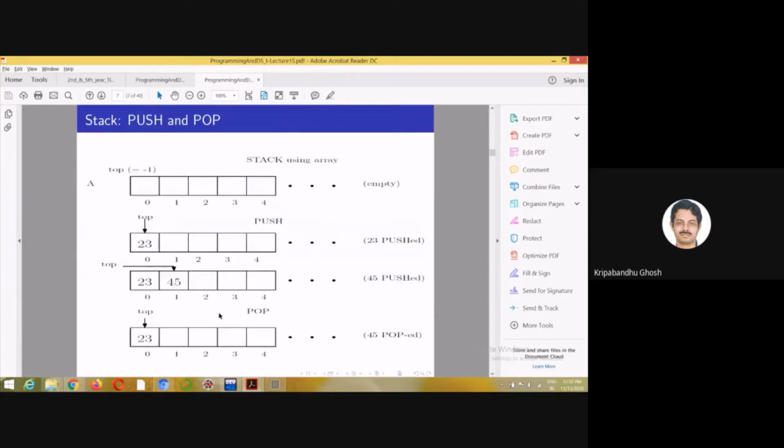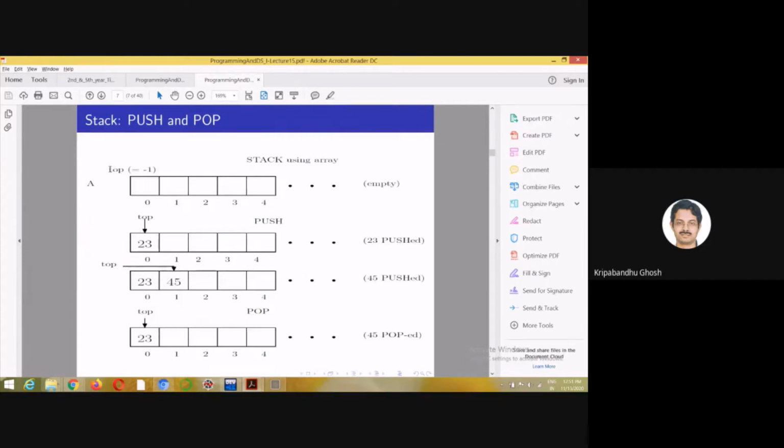So this is a demo of how you can implement push and pop in a stack using an array. But since linked list is not in the syllabus, I will only talk about the implementation of stack using an array. So this is an array of 5 elements: 0, 1, 2, 3, 4. This is empty. Though you can access this element and this element, since you are implementing a stack using it, we will not make an attempt to access anything beyond the top.